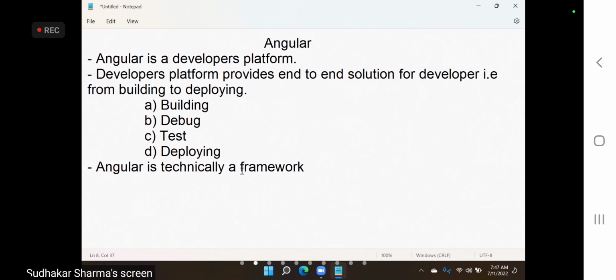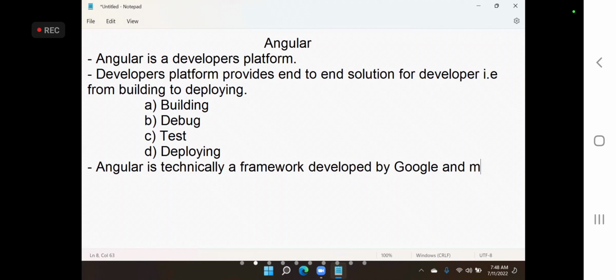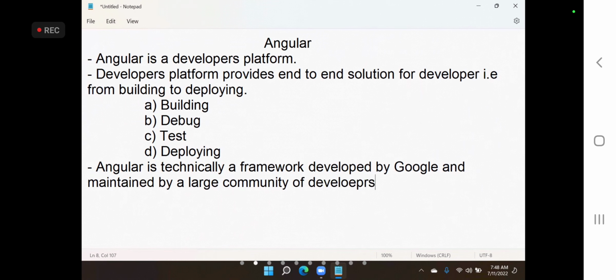So Angular is a framework developed by Google and maintained by a large community of developers and organizations. Originally developed by Google, it is maintained by a large community of organizations and developers, not only Google, because it is open source.